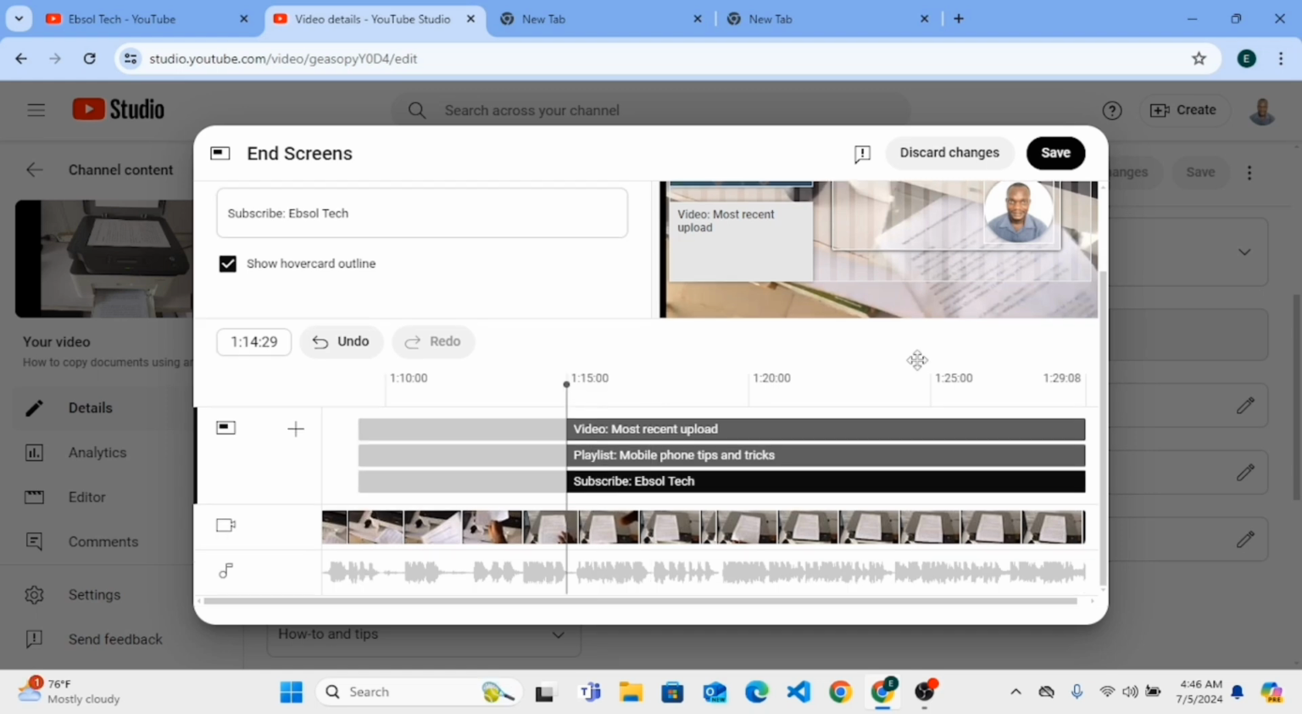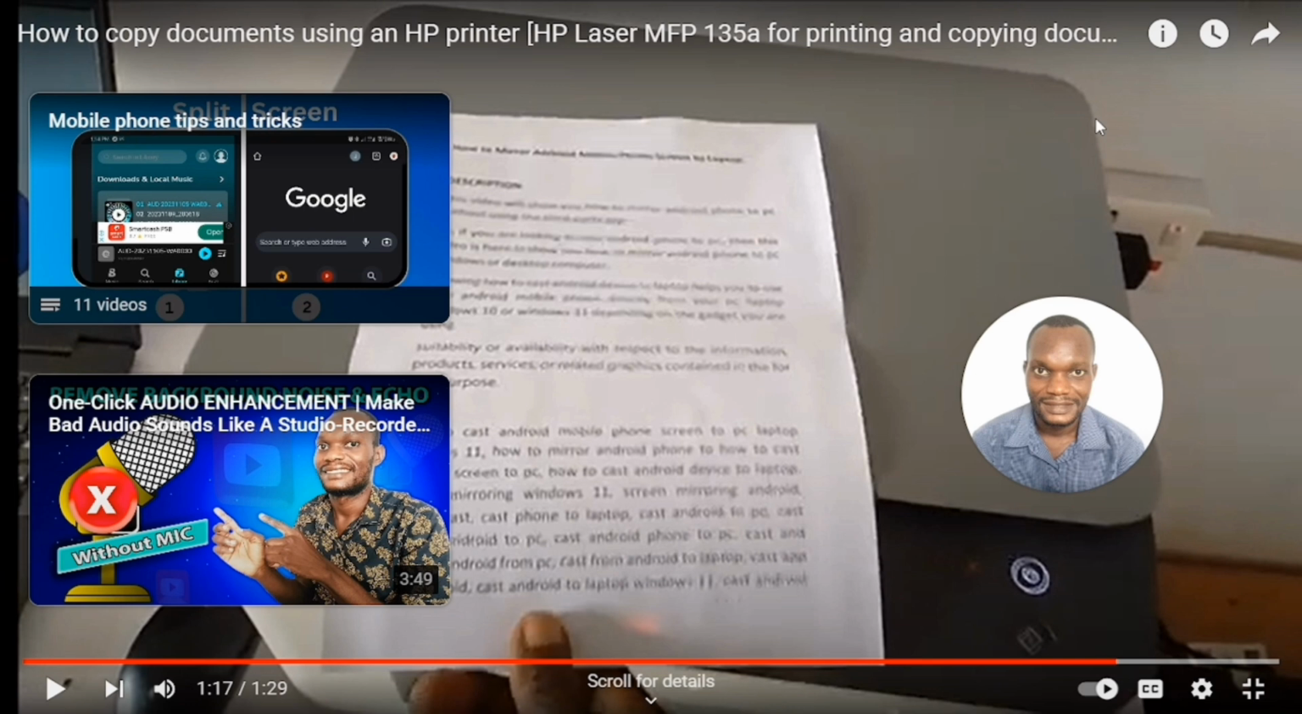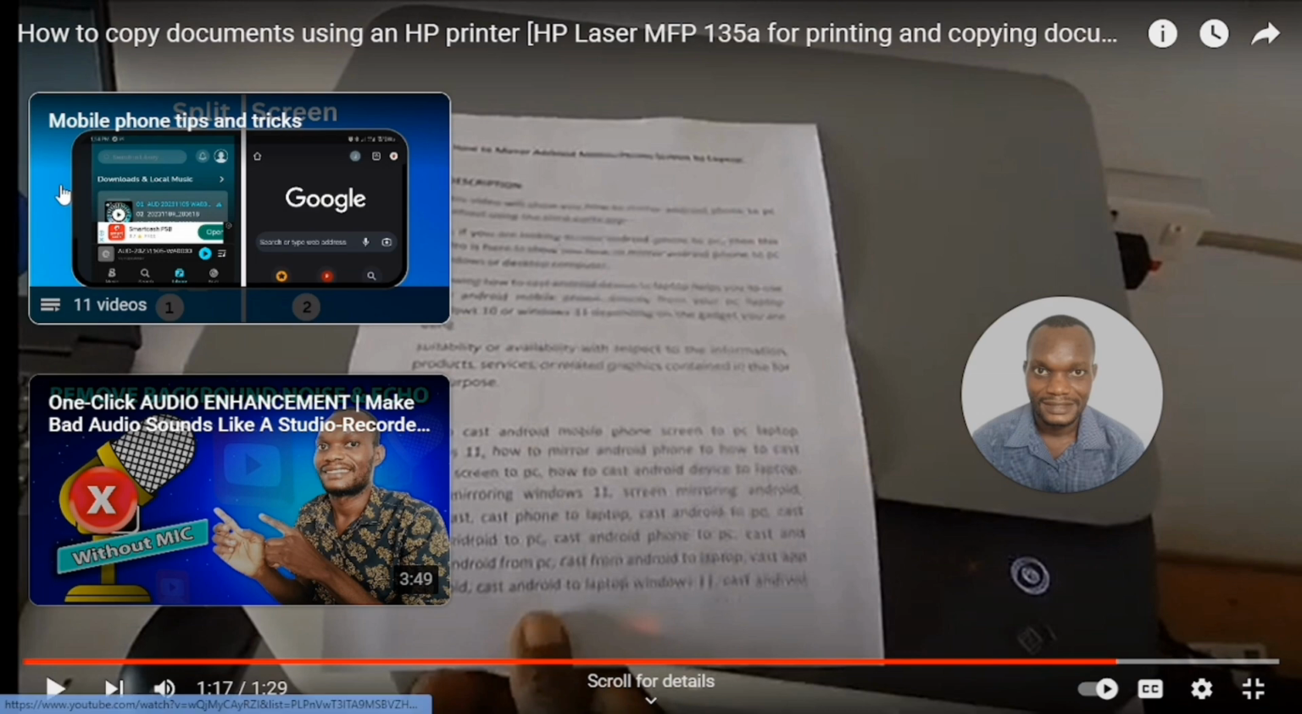After you are done, click on save. So now this is how the end screen is going to look at the end of the video when a viewer is done watching the video. So before the person goes, it's going to suggest these two videos. That is, the first one is going to be the playlist, the second one is going to be this one, and the third one is going to be